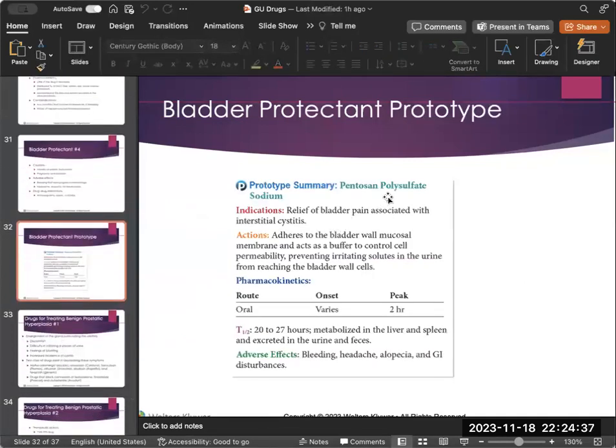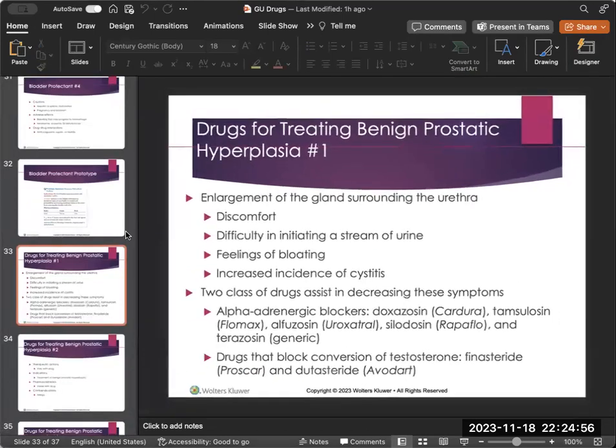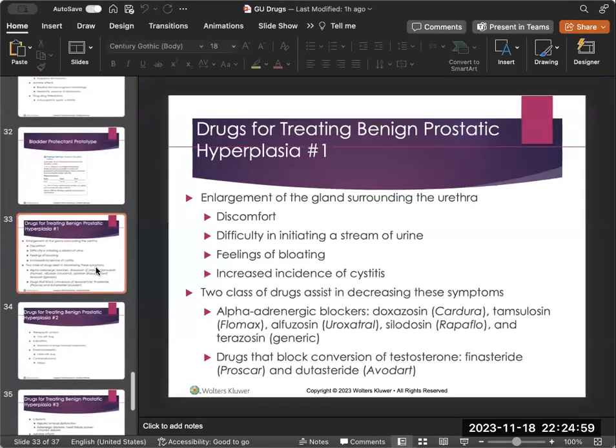So this pentosan polysulfate sodium helps with bladder pain by being a bladder protectant, helping the bladder wall work as a buffer to help with those irritating solutes that we get from the UTI, but the main adverse effect is bleeding. So the last thing I want to talk about are drugs that treat benign prostatic hyperplasia, which means the